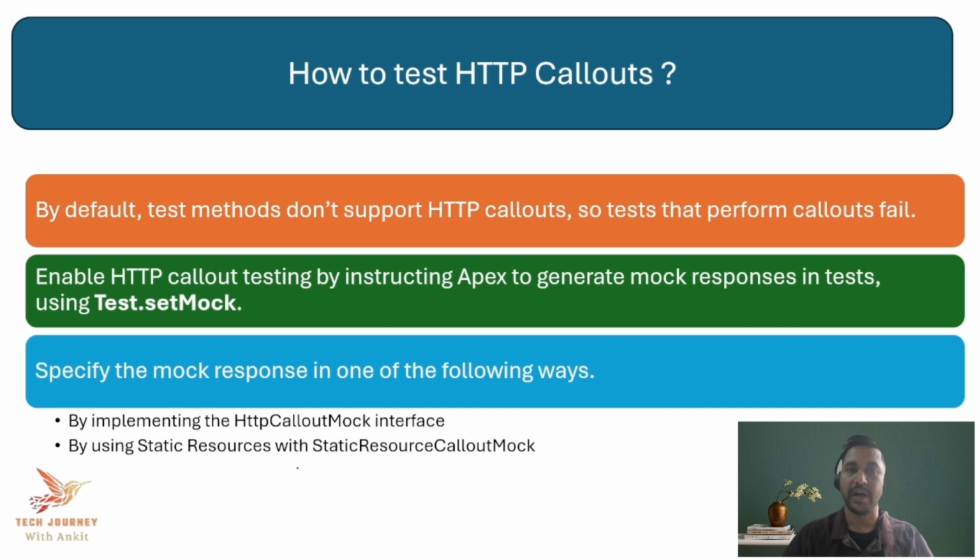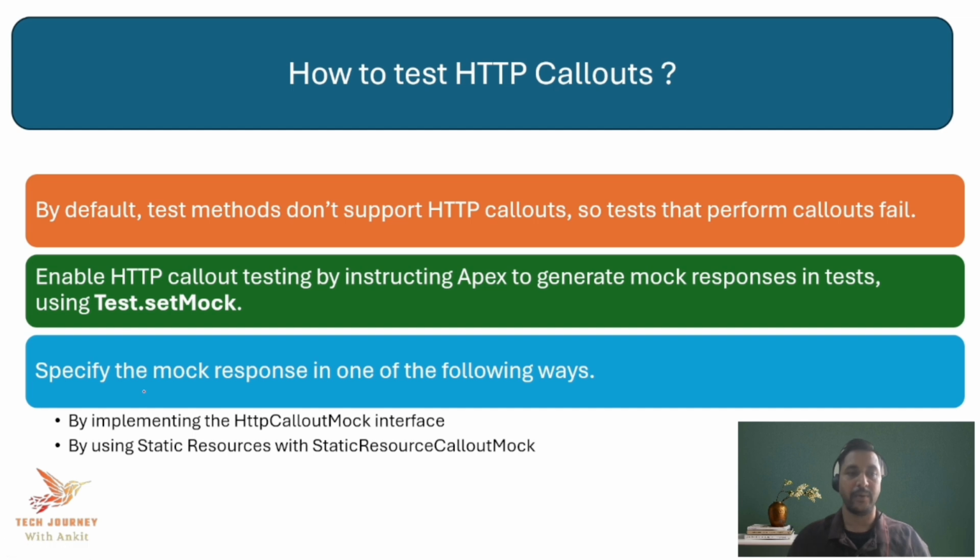Next question is how to test the HTTP callouts. Again, a very frequently asked question. The reason it is very frequently asked is that by default Apex does not support HTTP callouts, or your test methods do not support the HTTP callout, right? So even if you try to make the HTTP callouts from your Apex test methods, it will fail. So in case you have to perform the testing of the HTTP callouts, then here you have to generate the mock responses. And to generate the mock responses, we will be using the